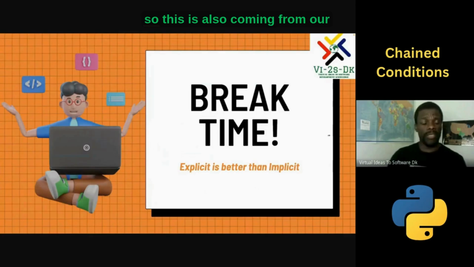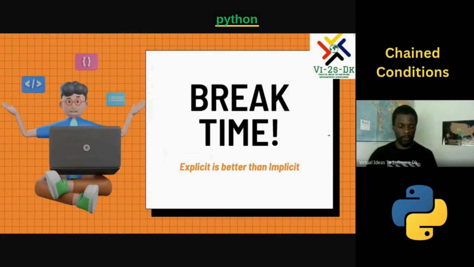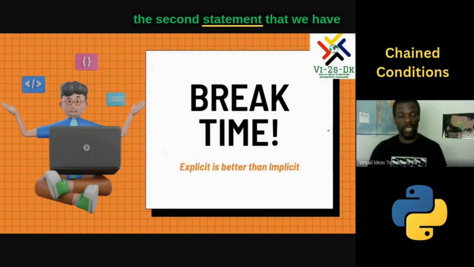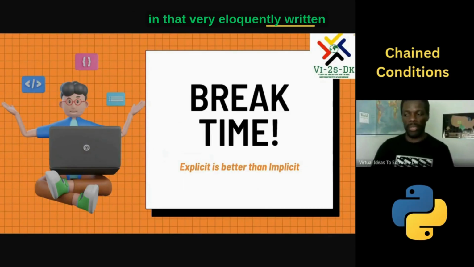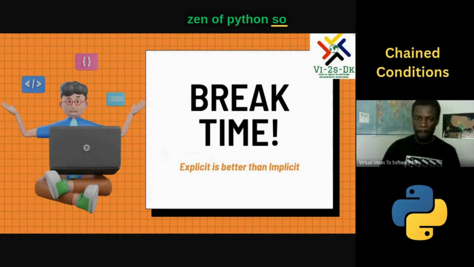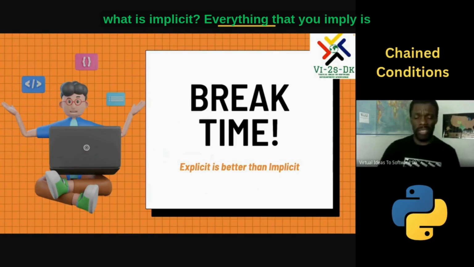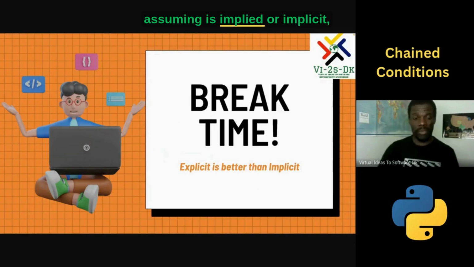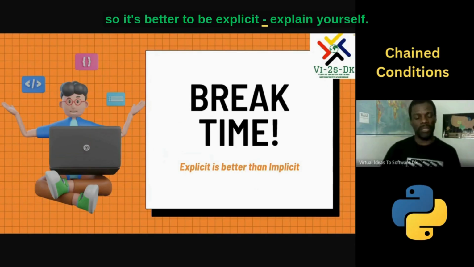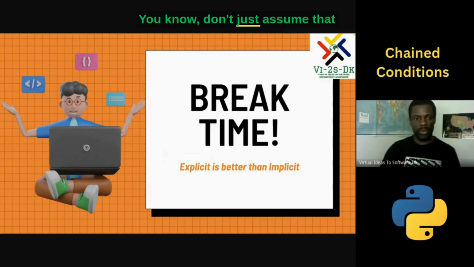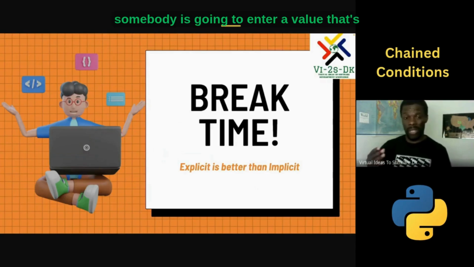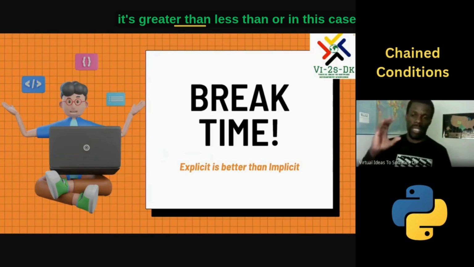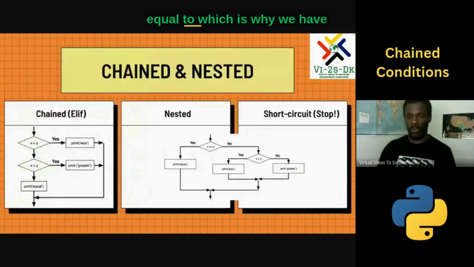Explicit is better than implicit. This is also coming from our Python import this Easter egg. That's the second statement in that very eloquently written Zen of Python. So what is implicit? Everything that you imply is implicit. I could also say whatever you're assuming is implied or implicit. So it's better to be explicit. Explain yourself. Don't just assume that somebody is going to enter a value that's not 20. We want to explicitly know that it's greater than, less than, or in this case, equal to,